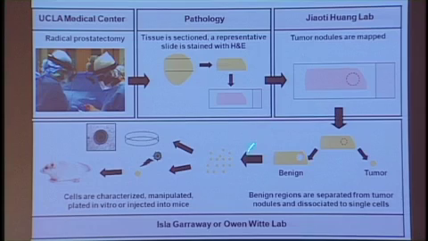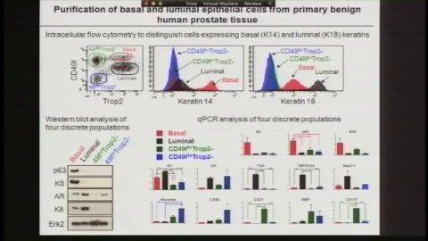We were able to get benign tissue. Very importantly, we can clearly separate out the benign from the malignant tissue on frozen sections and alternate pieces of the biopsy, and do the following type of experiment, which is to see if we could purify the human basal cells, epithelial stem cells, away from the luminal cells. There's a lot of data here, but I just want to say that the criteria to define basal versus luminal is largely based on a co-linked set of markers, almost all of which are intracellular.